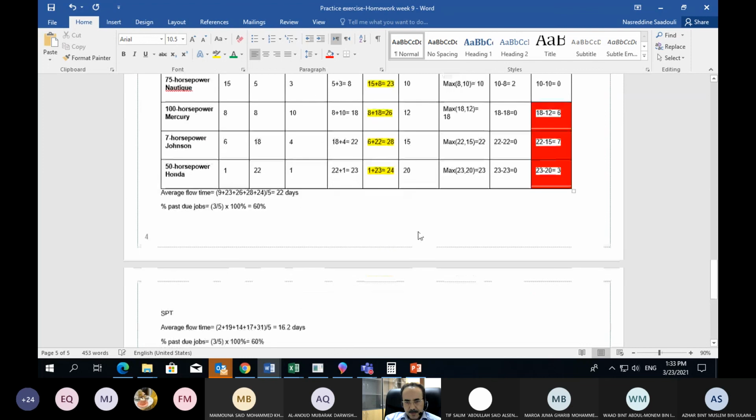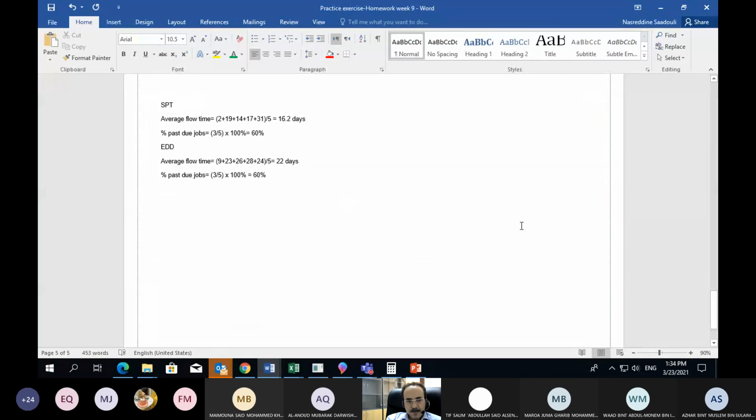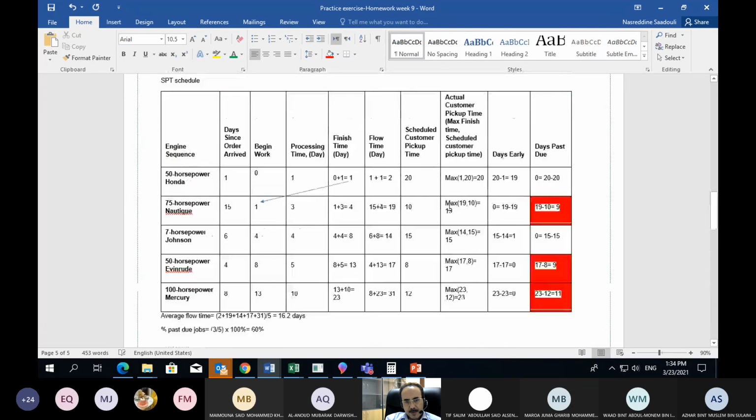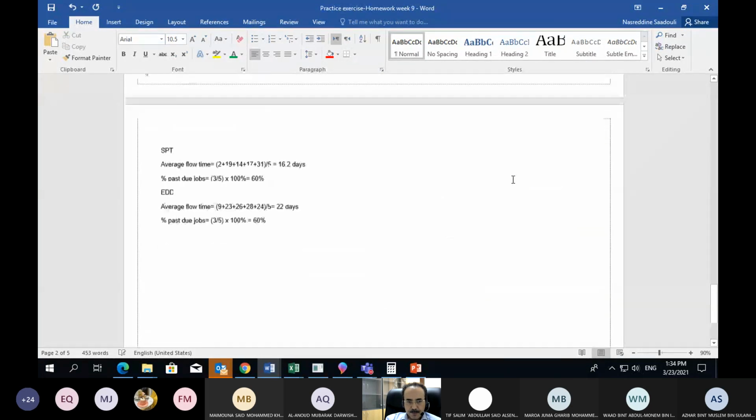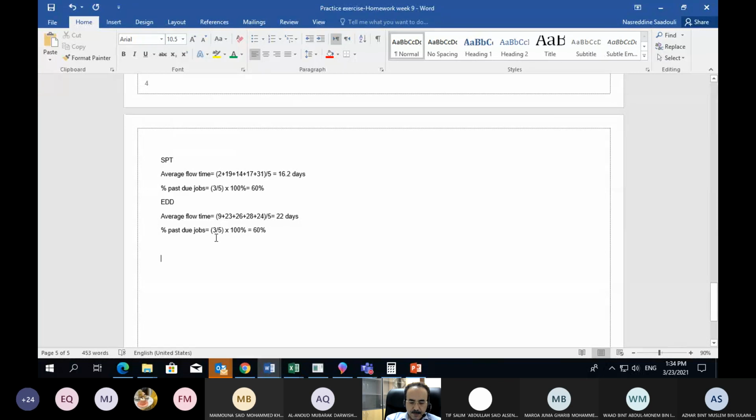So to answer our question, what did the question say? The question says, compare the 2 schedules on the basis of average flow time and the percentage of past due jobs. So first of all, in terms of the comparison based on the average flow time, which schedule is better? It's the schedule that has the smaller average flow time. So as you can see, the flow times, we have 16.2 and we